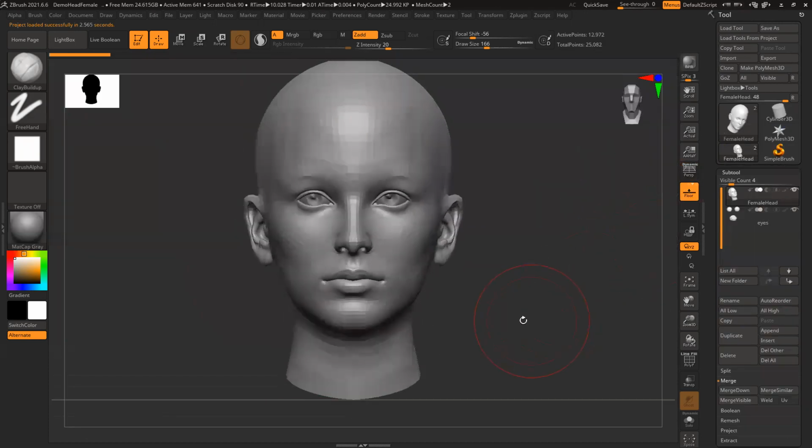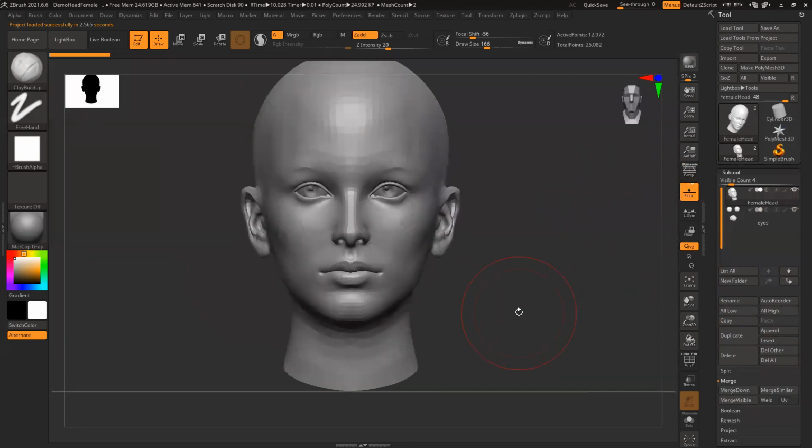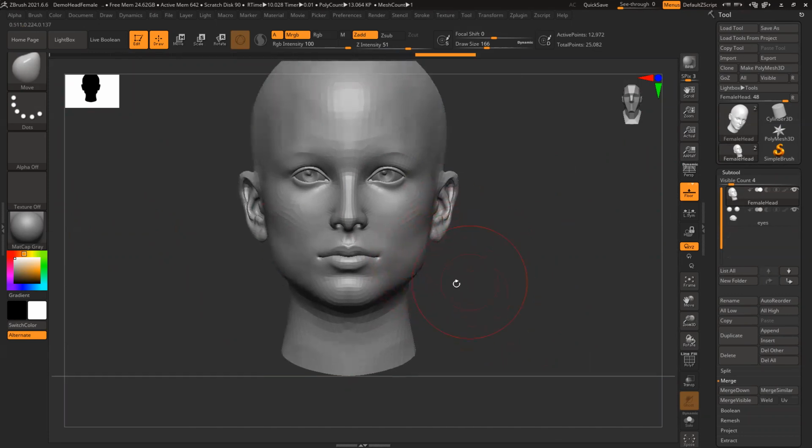So make sure whenever you're working on blocking, you're working on symmetry and low poly. BMV, and switch off your perspective initially. Just pull the chin slightly, not too wide, and then this thing BCB.